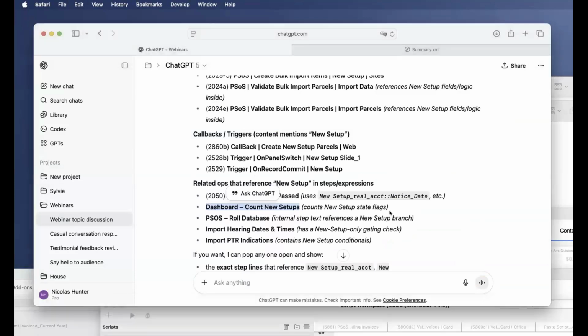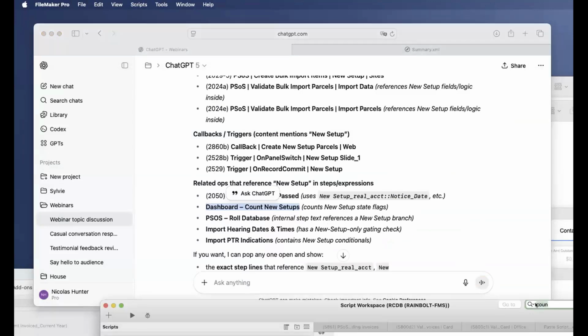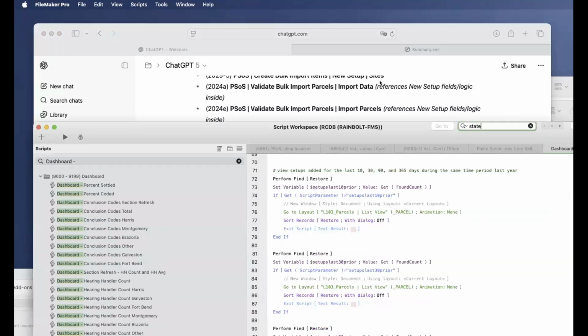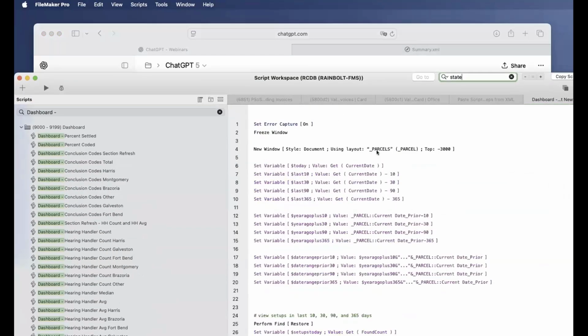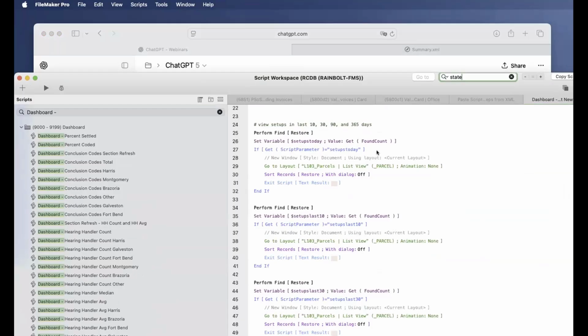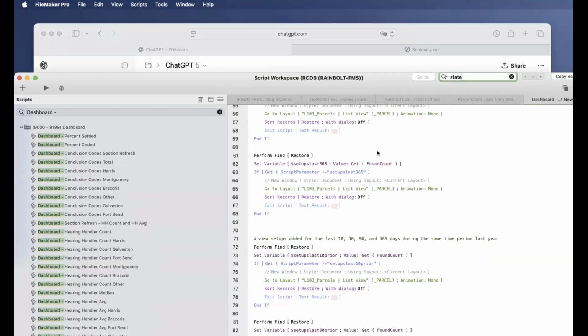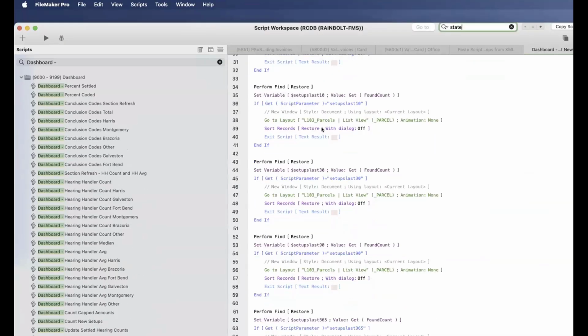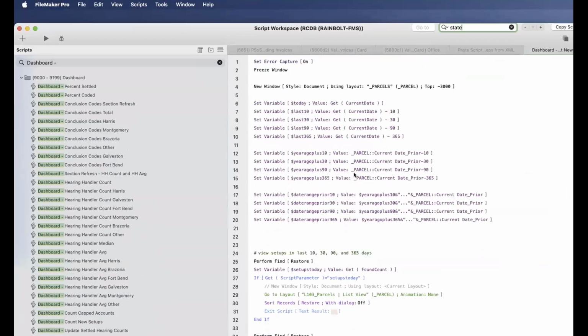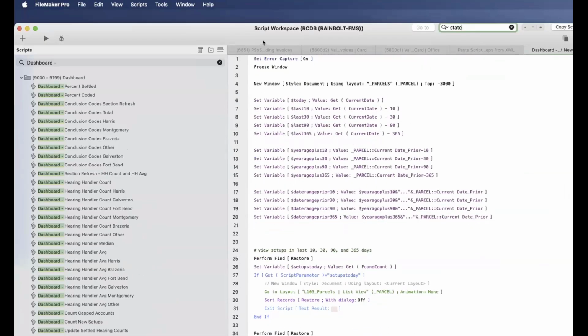Counts new setup state flag. I saw the yellow somewhere. Where? I don't see it. It's okay.